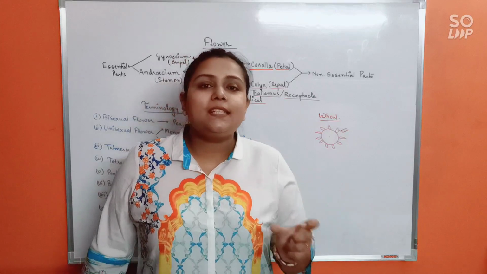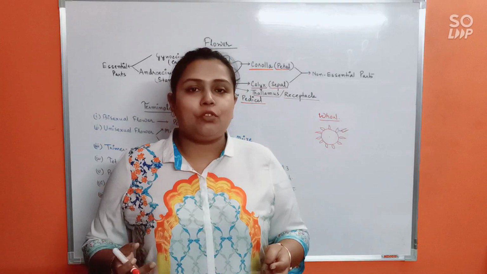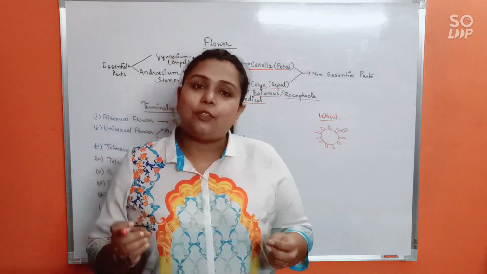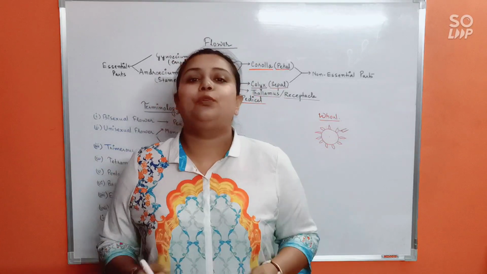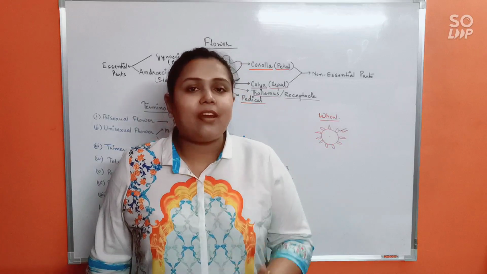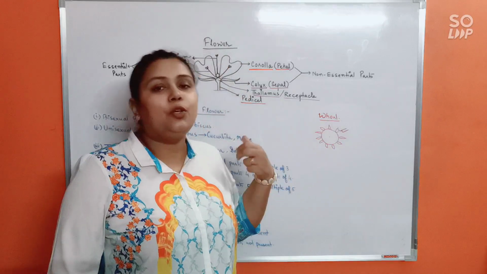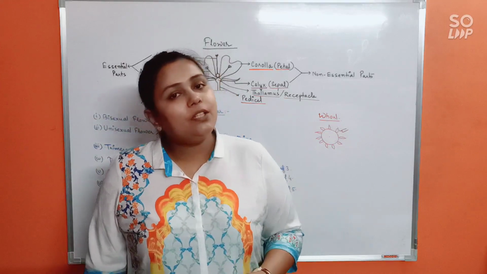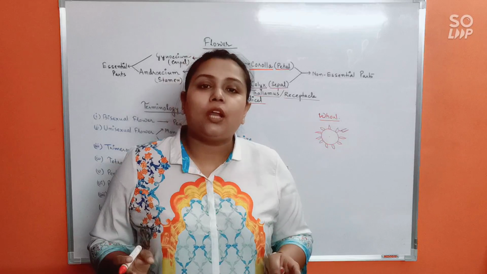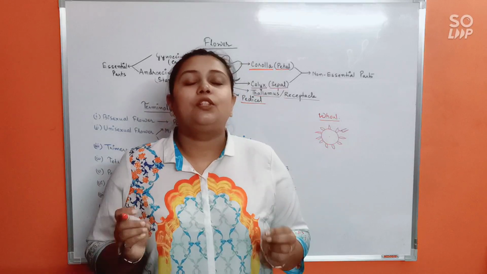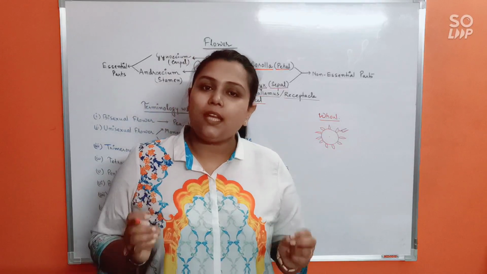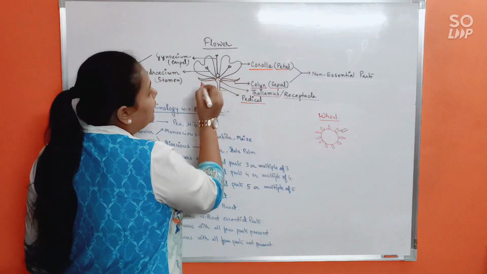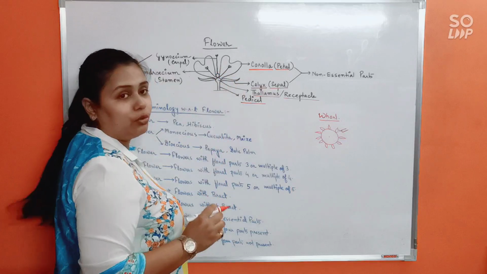Fine. So these birds and insects simply won't come to the flower to bring the gametes together, right? They have to be attracted first. Only then they would be visiting the flower. And that attraction is done by the corolla. It is done by the colorful petals or the aromatic petals. Understood? So the main function of the corolla remains what? It remains to be attracting the pollinating agents. Understood?